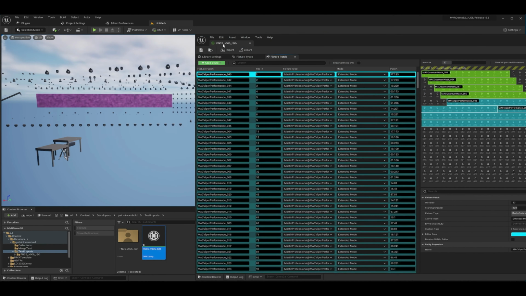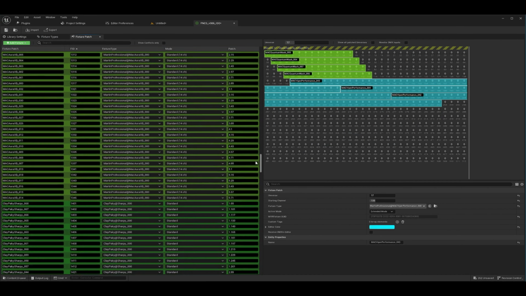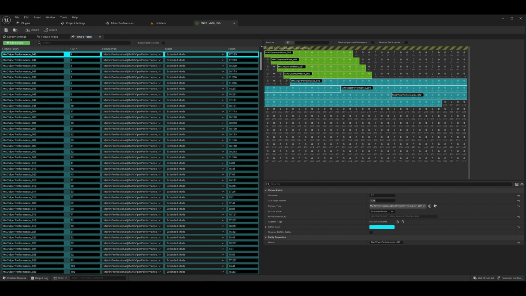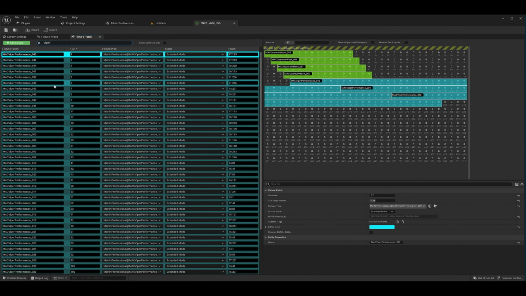If I double click the library, I get a new window that gives me all the information about the patch and all the fixtures and everything we have in here. There's a pretty good search feature. If I type in fixture IDs, it's a little bit smart and will try to find what I'm looking for, and this will tell you some of the options you can search by: universe, patch name. So if I said, give me all the Vipers, it's going to try and do that. It's pretty decent.